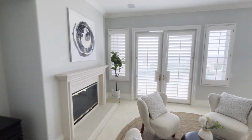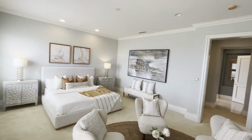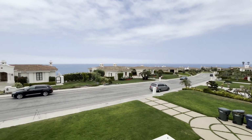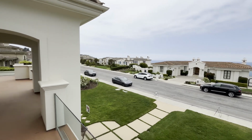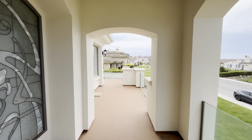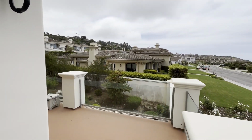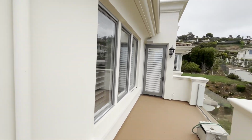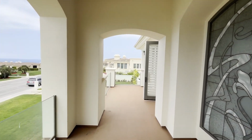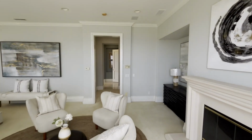So you'll see that from your master, you get access to the balcony up front, outside as well, with your beautiful views. It was a little bit cloudy this day when I filmed here, but you see that this balcony actually wraps around, so you can cross over and enter back where the living area is, and it kind of wraps around your house. So you can soak in the sun from whichever day part you want to be outside. You're going to catch the sun in this beautiful,